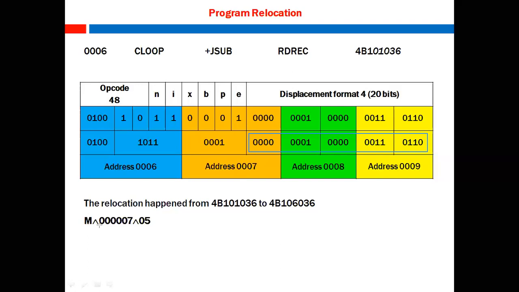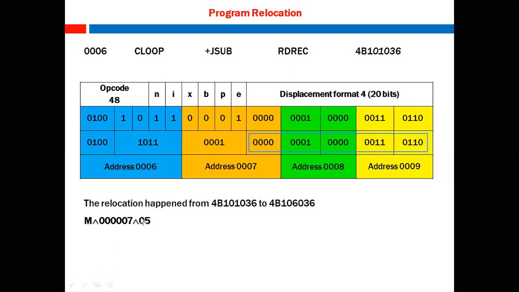Now the next is the starting address from where it is being modified. So from which location it is modified, this is a part of your displacement format, right? So the address half byte of 0007, correct? So this is one complete byte, but half byte of 0007 is going to be modified now. So we will write it as, this is 6-bit format, so 000007. Okay, then again cap option.